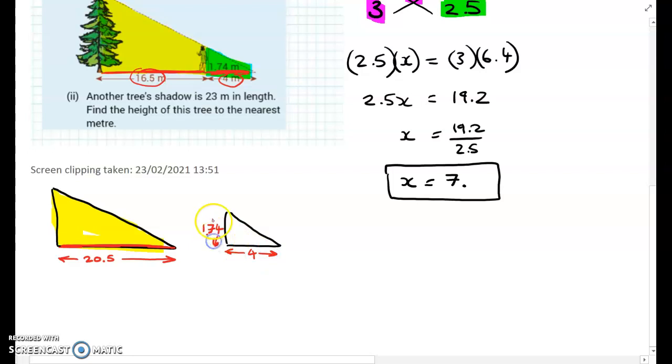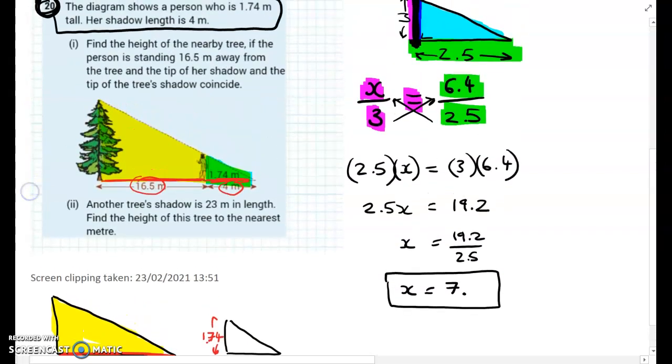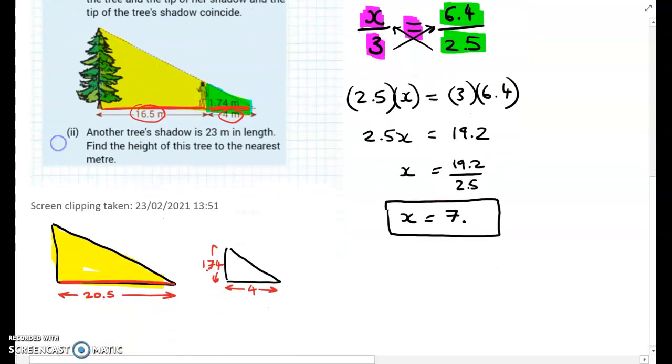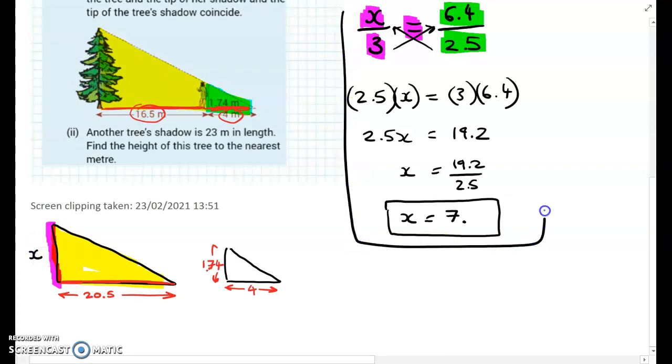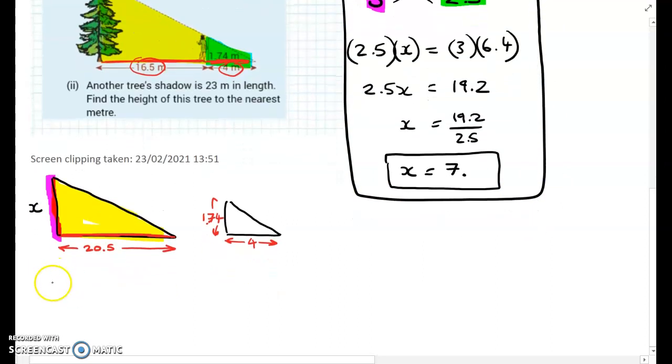And the question is asking you to find the height of the nearby tree. So it's asking you for this side here on the big triangle. That's what we call X. Now we're going to do exactly the same as what we did over here. Put the side that you don't have, X, over the equivalent corresponding side on the small triangle. So put X over 1.74 and put it equal to,